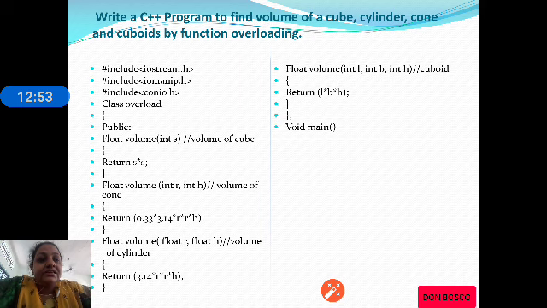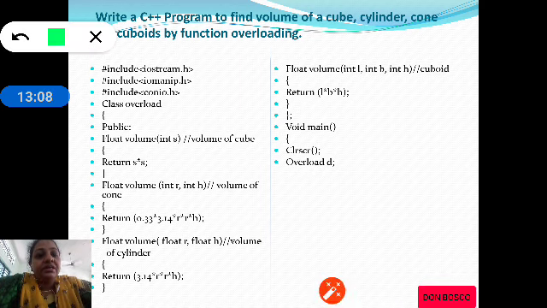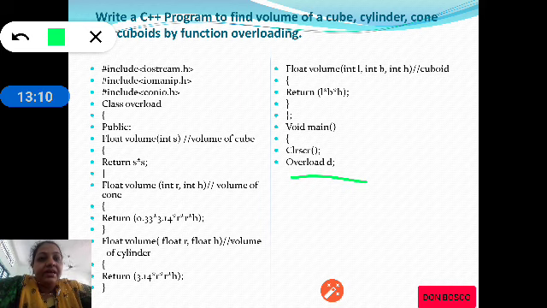Now we shall see the main function and how these functions are called and invoked. Clear screen. We are creating an object, overload D. The object name is D and the class name is overload.